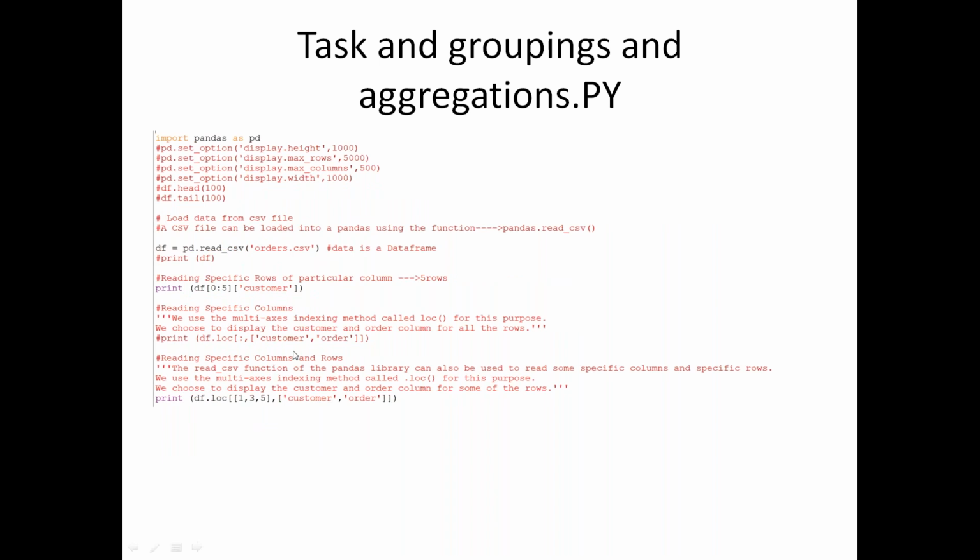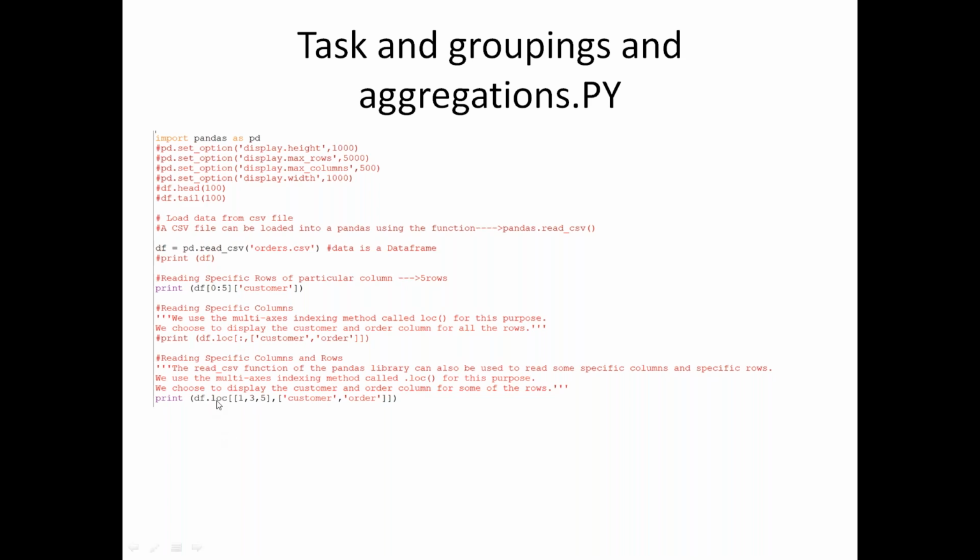Now, reading a specific column or specific row from the dataframe. I want column A, column B, column C, and also I want to read only the first row, second row, and fifth row. Can I do that? Yes, you can.